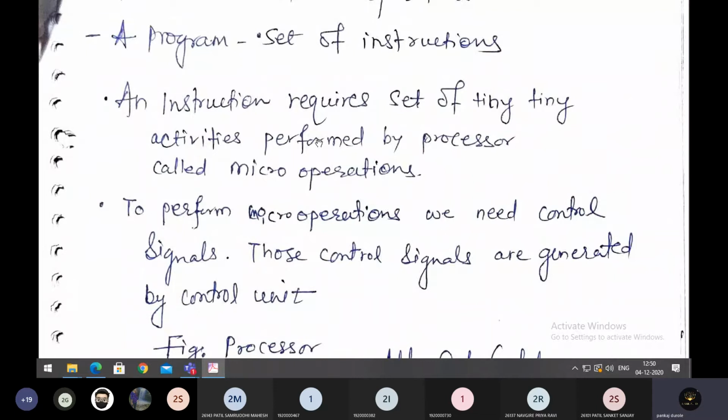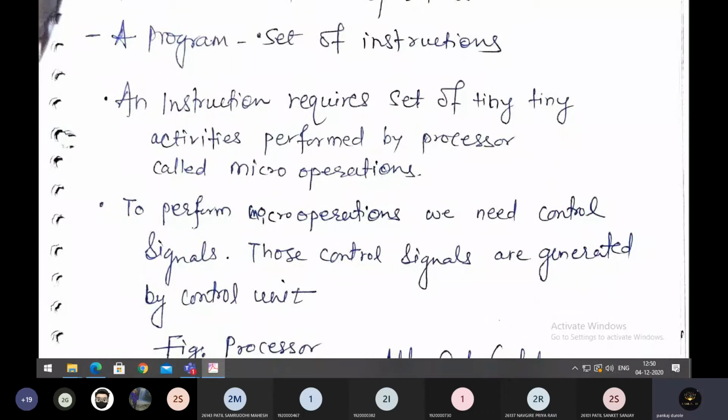Because there are many micro operations. A single instruction requires a set of small operations, small activities performed by the processor, called micro operations, right?